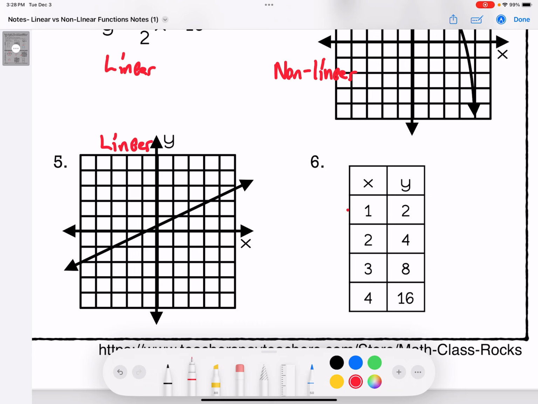And then for number 6, we've got to find our rate of change. To get from 1 to 2, we add 1. 2 to 3, we add 1. 3 to 4, we also add 1. So far, so good. Then to get from 2 to 4, we add 2. To get from 4 to 8, we add 4. So therefore, it's not linear. It's non-linear. Okay. If this continued with +2 all the way down the y, that would have been considered linear. But that one was not